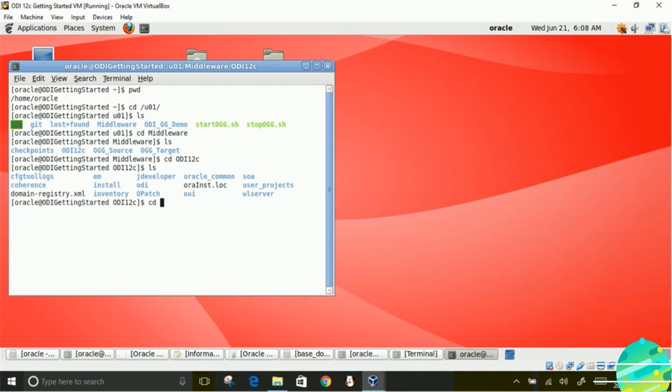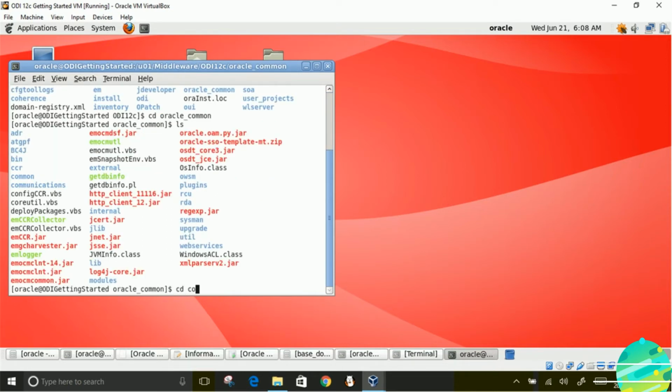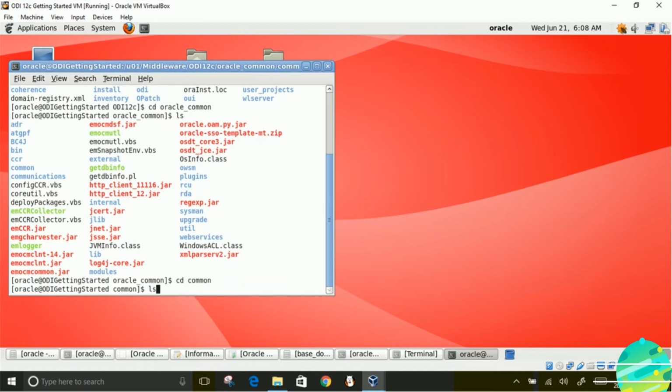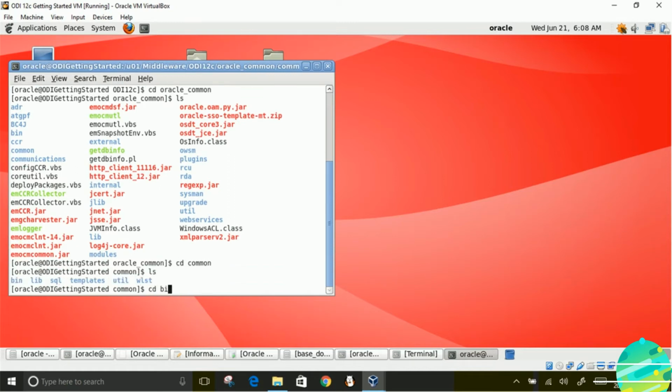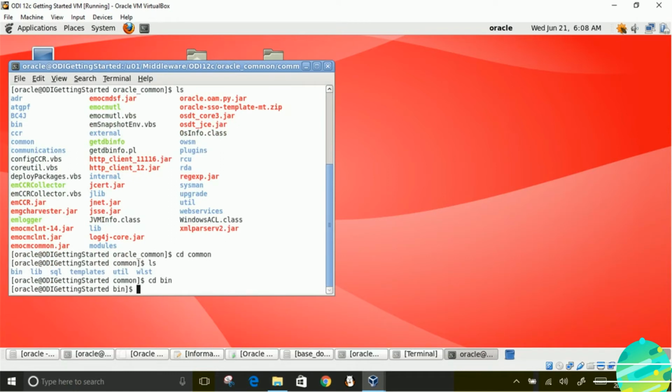Inside ODI12C, go to Oracle_common and then go to common and go to bin. You should be in the directory shown here.